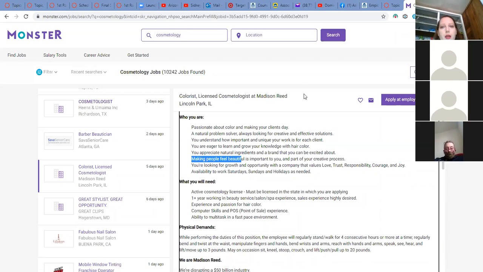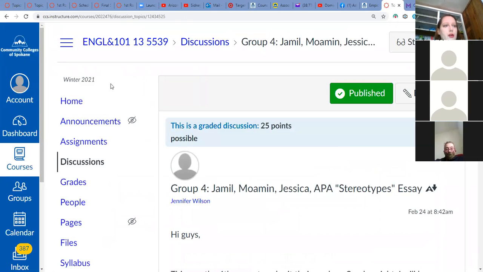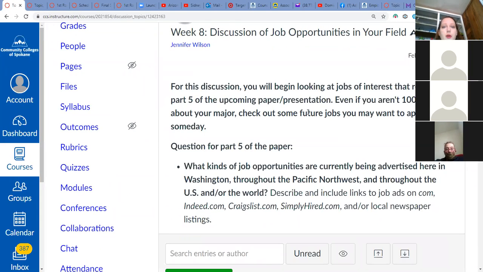Remember, the assignment itself, if I could go back, the assignment itself, whoops, that's a different class. Let me find our class. This one. It does not ask you to do citations or parentheses or anything right now. You're just going to be typing a discussion. I still want you to be in a good habit of mind to, when you find these jobs and you start adding descriptions about them, put things in your own words a little bit, tell where you got it from. And if you do end up copying and pasting something pretty close or directly, put quote marks around it to give credit, right?